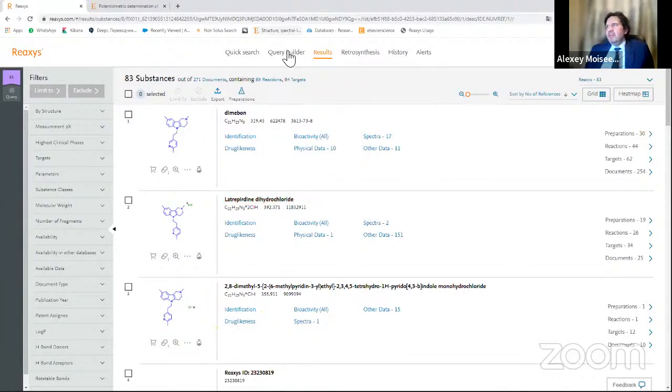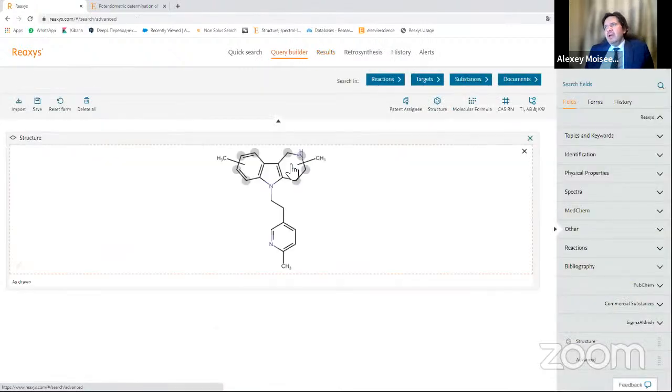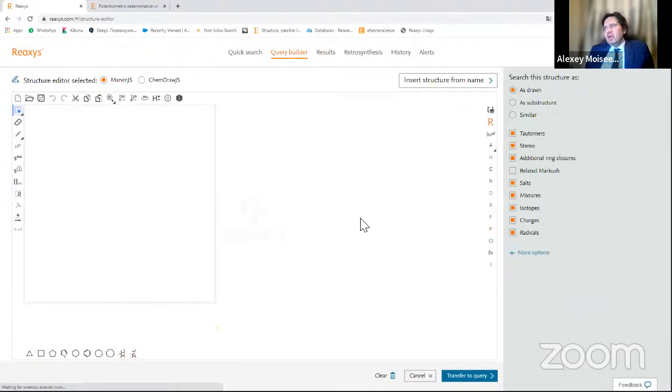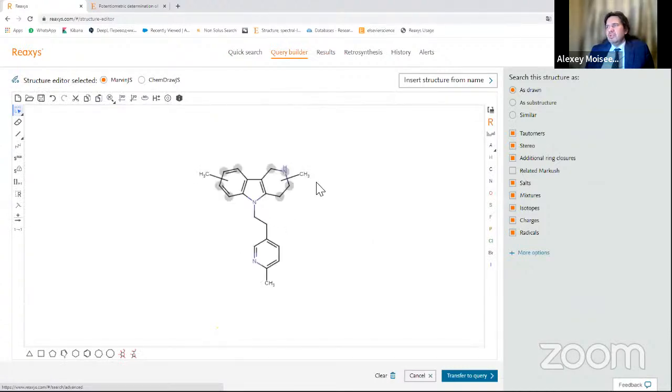already shown. Let's go back to the query builder. I will show you what we can do with our substance. I can place here some, for example, some fluorine, some halogen, and so on. And I want to show you a special instrument that will help you, like the smarter group, that will help you to find some specific, particular general